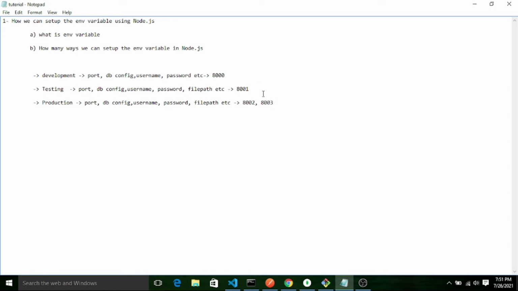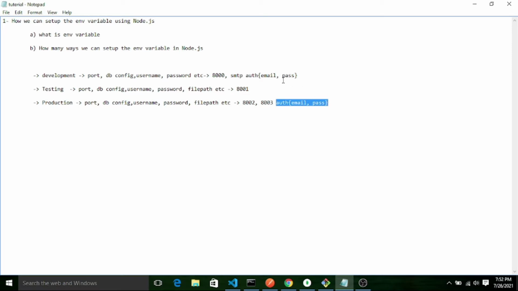Let's say for emailing purposes, I set up an SMTP server configuration, that is auth, some email ID or password, some username or password. When I go to production, I may change it. If I am using the trial version here, I have to purchase the final version for production.